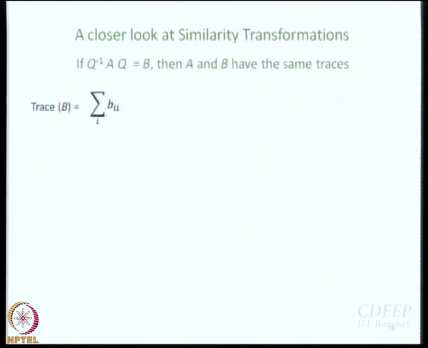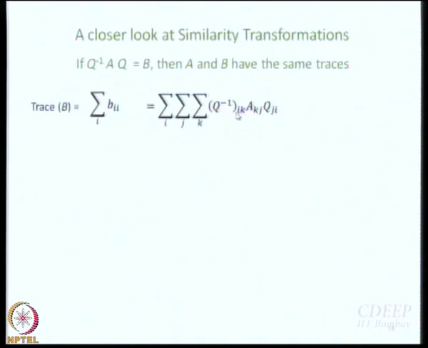So trace B is sum over I of B_II, okay, and pardon my mixing capital letters and small letters here, somehow I felt that I could not write small q inverse, that just did not sound right. But I think you understand what I mean. So instead of B_II I can write Q inverse A Q, and in order to get II, this is how the subscripts have to be: IK, KJ, JI. That is something that comes from basic matrix algebra, I think all of you know. So I am going to get Q inverse IK.